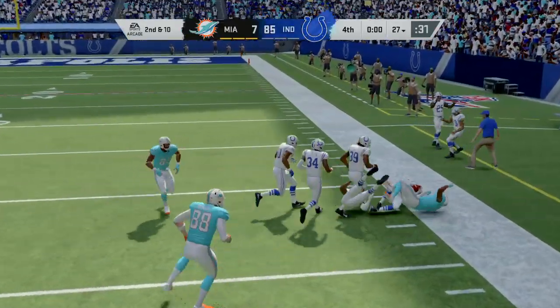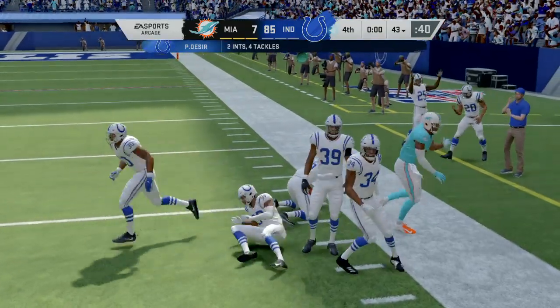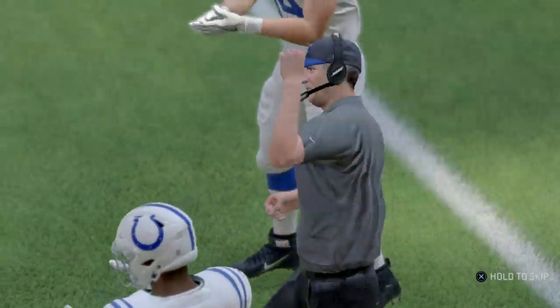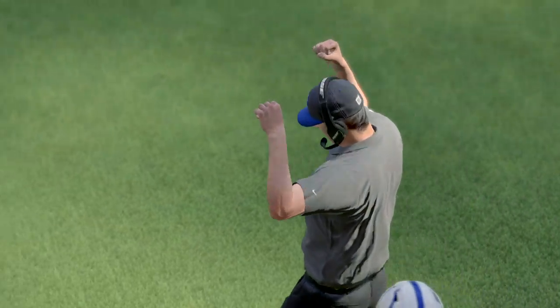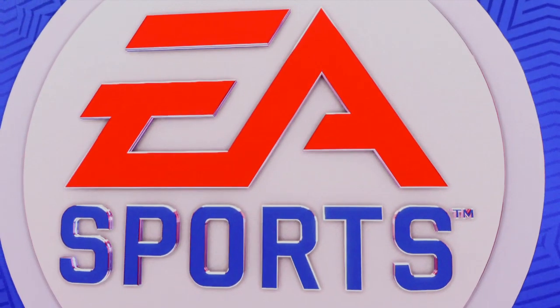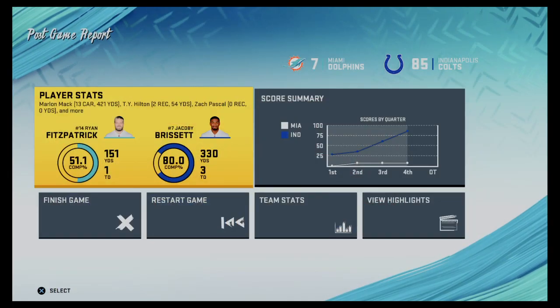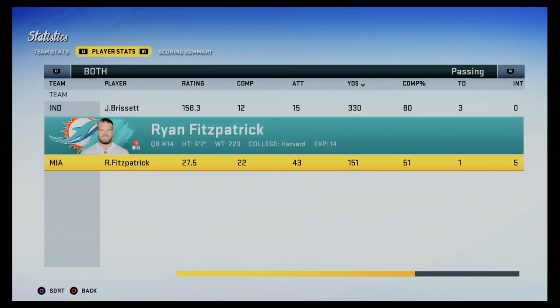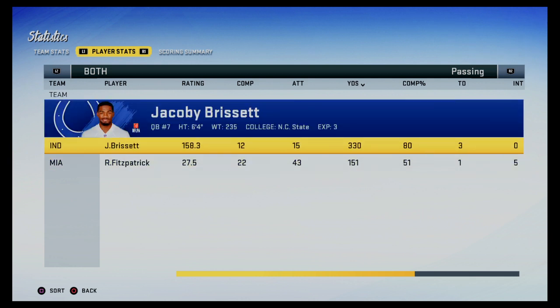And now here is another interception. Picked by Pierre Desir. Well, Charles, it's one thing to win. It's another thing to win and put up the amount of points that they did. Boy, were they clicking on offense. They can't help but feel great about themselves, can they? I mean, what a game to put up that number of points, continually feeling like they're moving the ball and things are working and clicking. They think that they can bottle this and carry it with them. And as an offensive coordinator,